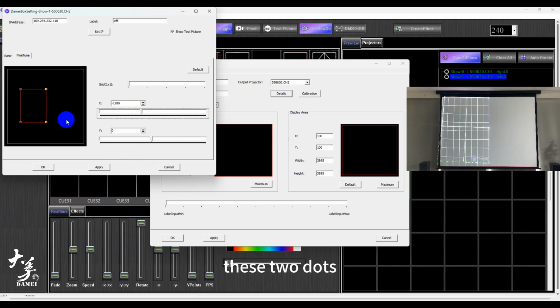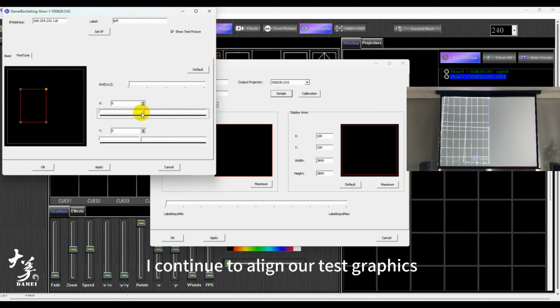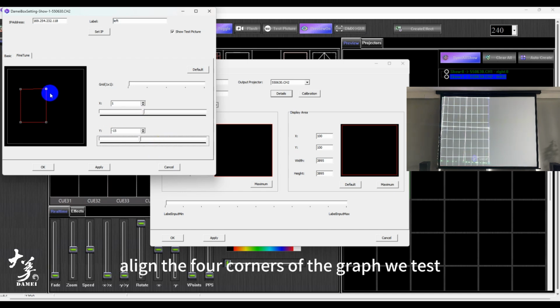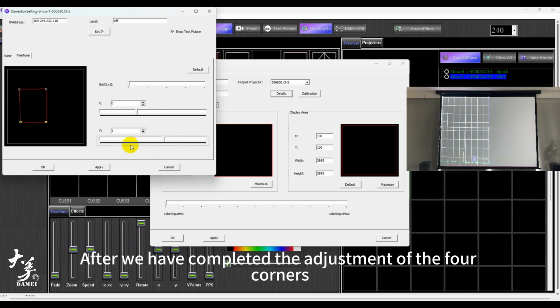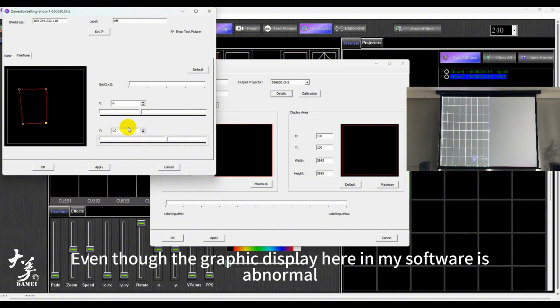these two dots. Now, I select these 2 points on the rig, and I continue to align our test graphics. What we need to do now is align these 4 points with the 4 corners of the graph we test. After we have completed the adjustment of the 4 corners, we upgrade the grid to a 22 grid to adjust